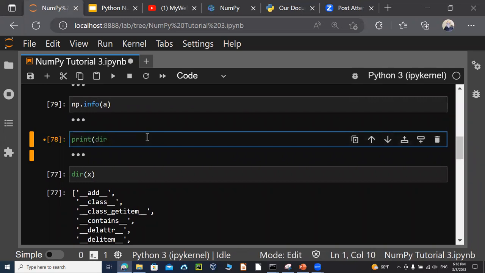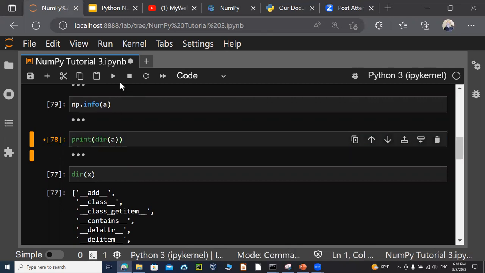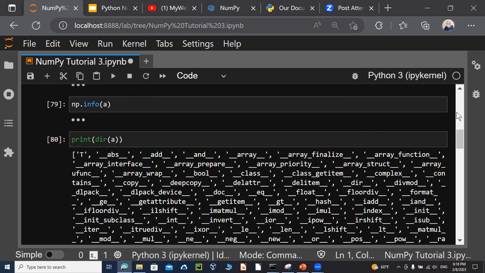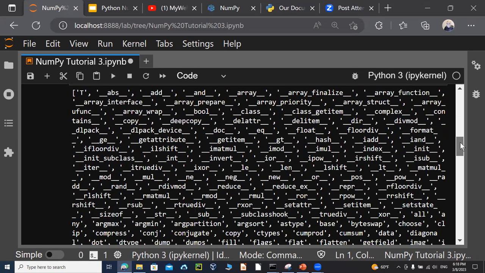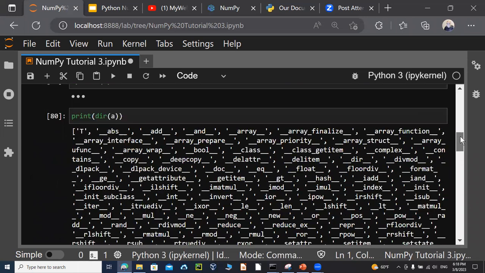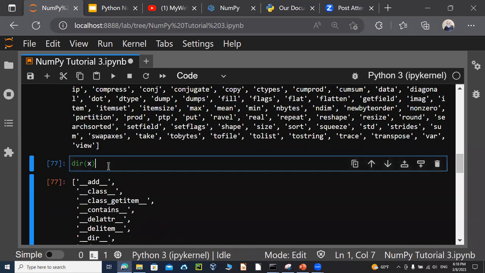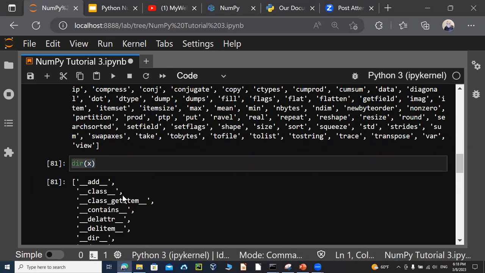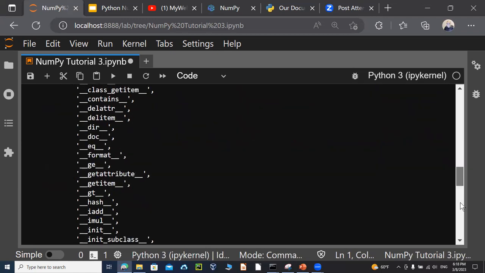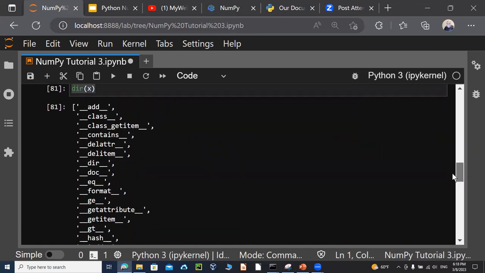So the dir of x, dir of a, you saw that dir of a or dir of NumPy, they were doing the same thing, whether you do dir a or dir NumPy, and you can see all these methods that are based on that one. So if I do print a dir like this, this one is going to give me a list like this long. But if you want a horizontal way in one line like that,